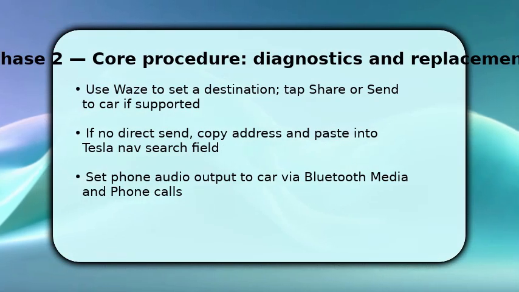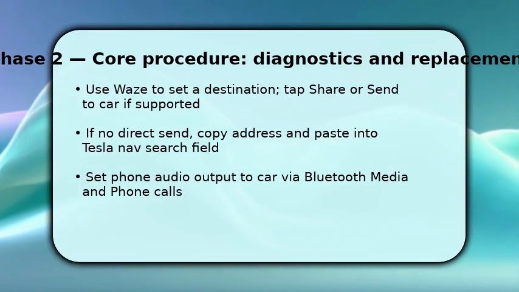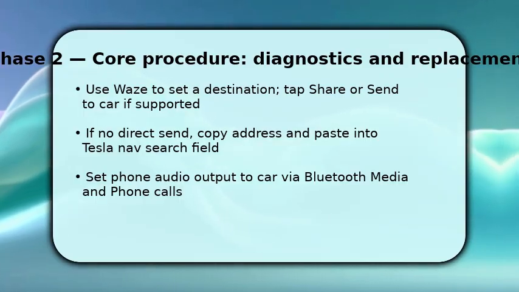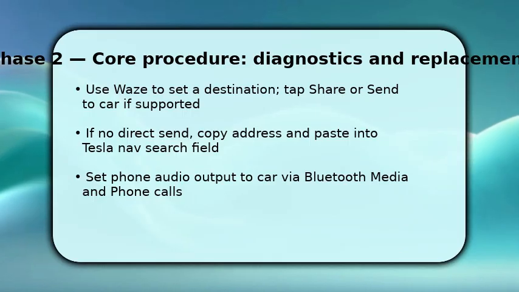Next, you prepare the route transfer and audio. In Waze, enter the destination and try the share command. Some phones show an option to send to the car. Use it when available. If the direct send isn't present, long press the address, copy it, then paste into the